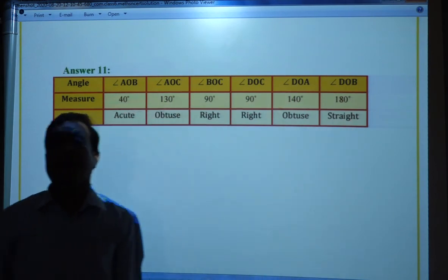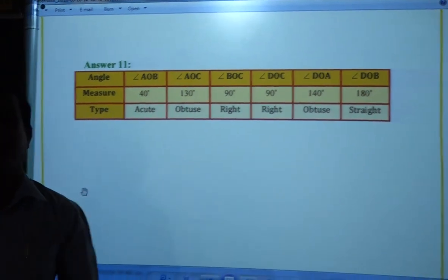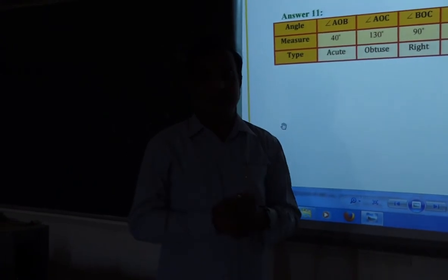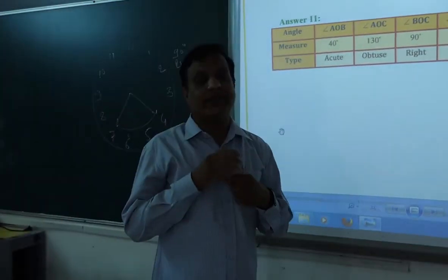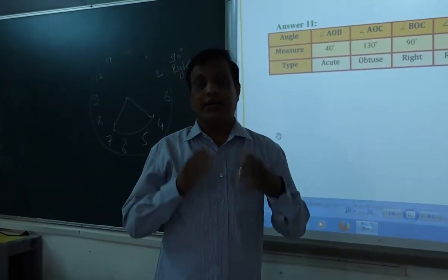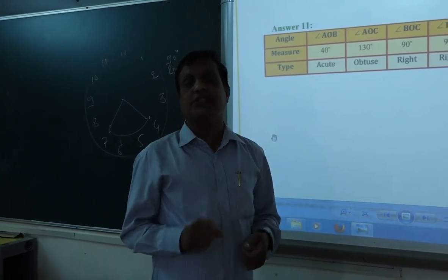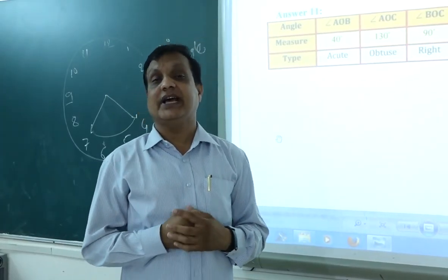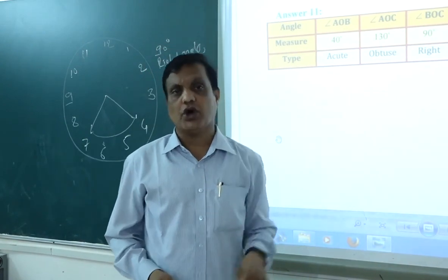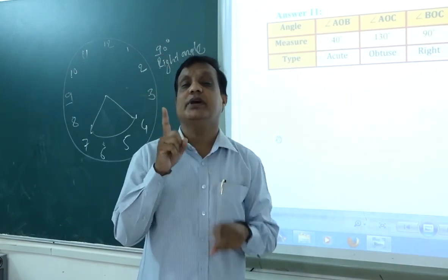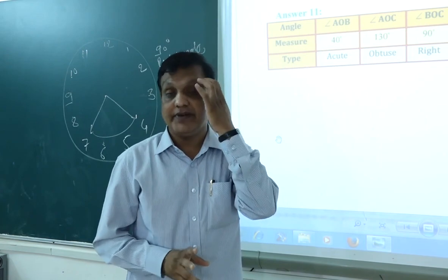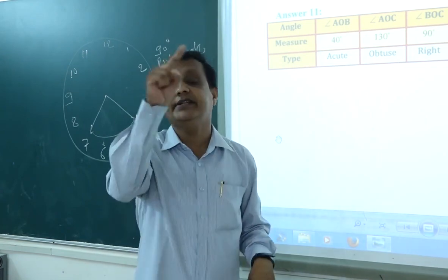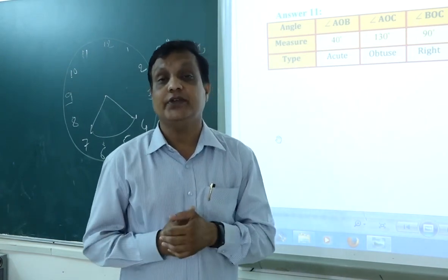So today, what did we learn? Today we learned exercises 5.3 and 5.4. These questions are easy, all based on triangles and angles. You have to use the protractor to measure the angles. Also, you can use the clock. In a clock, between two numbers, how many degrees? 30 degrees. In this way, you can count it.